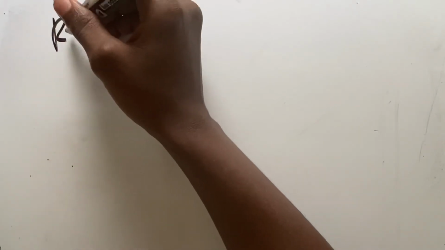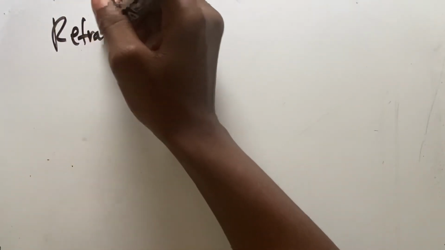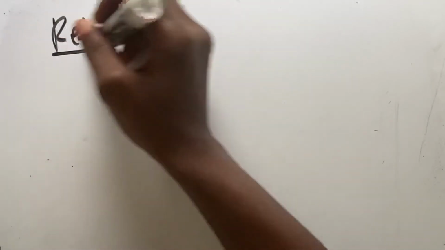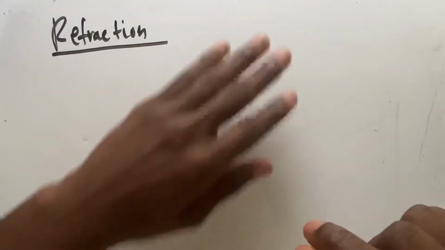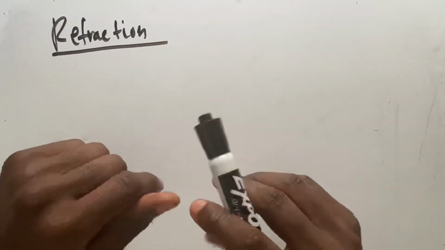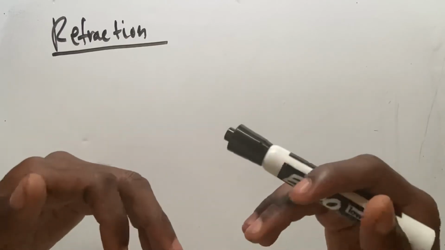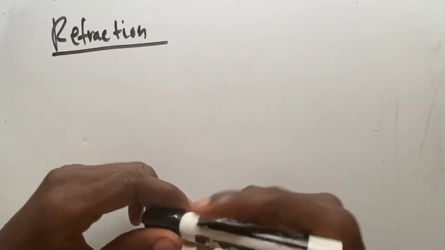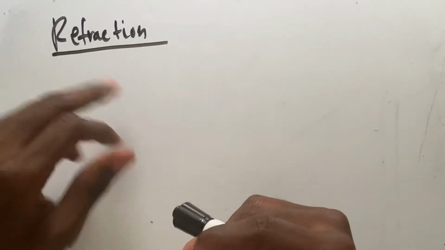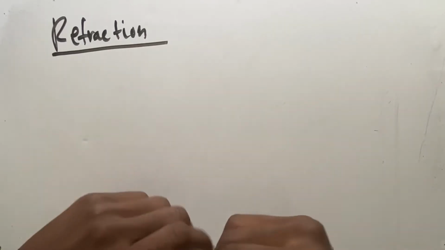So now we talked about reflection. I guess now we can actually get into refraction. Now let's talk about refraction. Well, refraction is what happens when basically a wave, or here we could talk about sound, changes medium. It's going to refract.